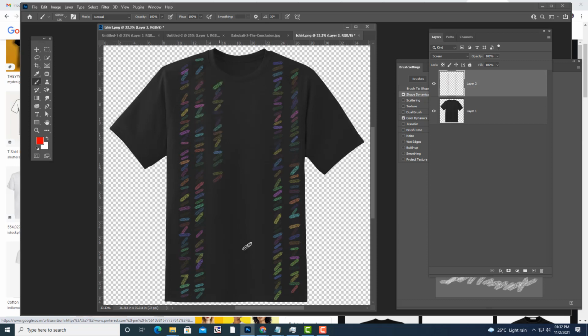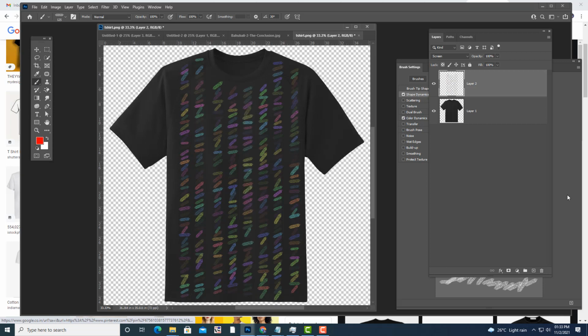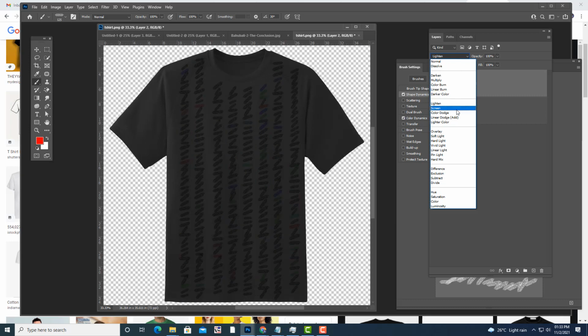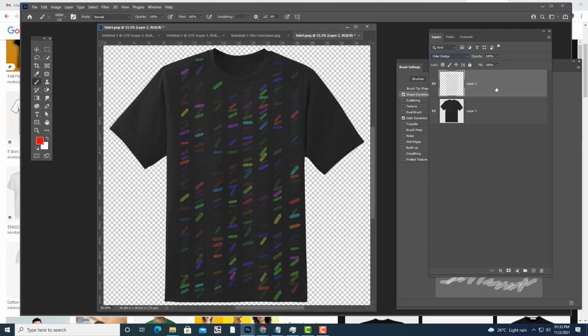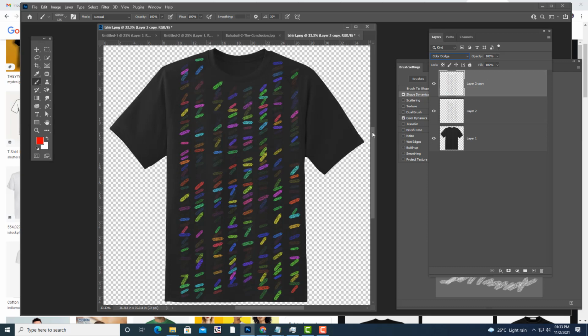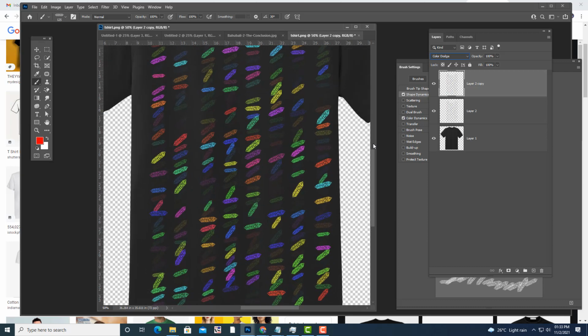See. I am holding shift so that it appears straight. See. So some design, and see you can try other blending modes like linear dodge also, color dodge. See, color dodge is looking nice. And if you want more intensity now, what you can do is Control J. See, it is having more brightness. See here.